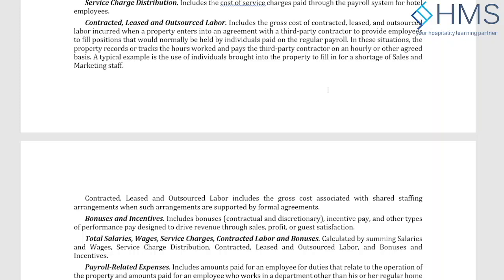In that case, the cost will be going into contract lease and outsourced labor, because you are just practically asking them to do things based on your requirements. Unless the agency is providing certain other tools and other benefits included in the service. So that's the contract lease and wages.